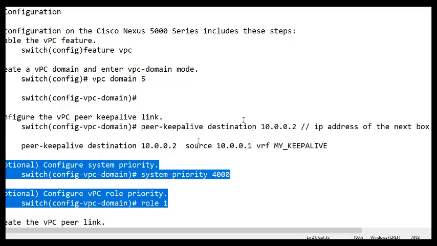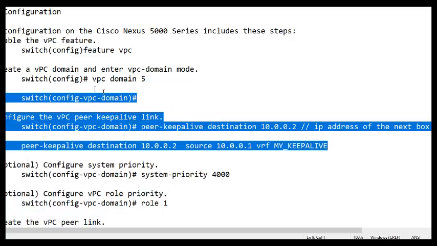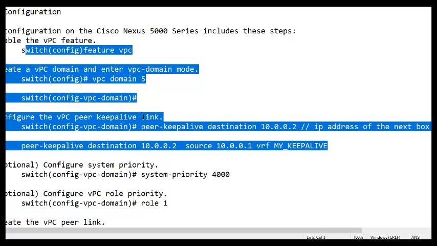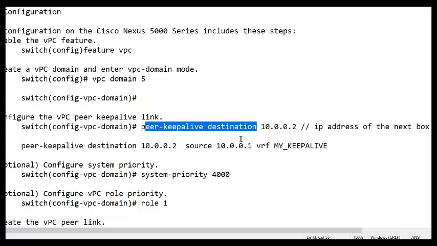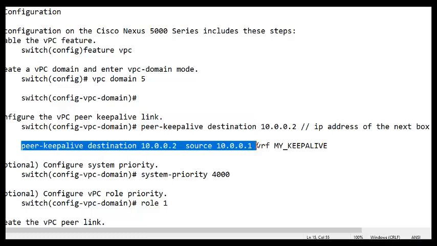So far, what we have seen is only 3 or 4 lines of configuration: feature vPC, vPC domain ID, and then the peer-keepalive. Either you use this one with the management interface, or use some other VRF and put this command. Next is